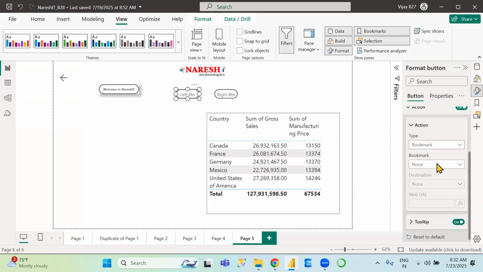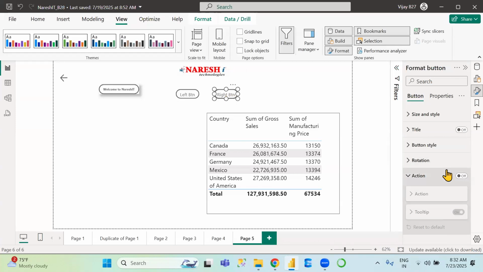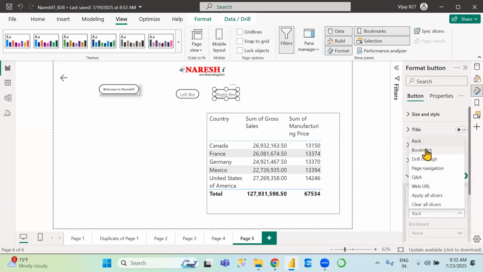Bookmark you need to select. After selecting a bookmark, which bookmark name you need to select? Left, because left button means the left bookmark we created, right? Yeah. Same thing you can operate for right also. Under action, you have to select the type as bookmark and